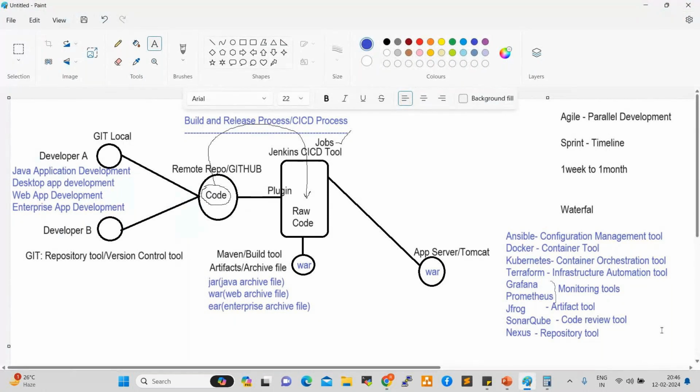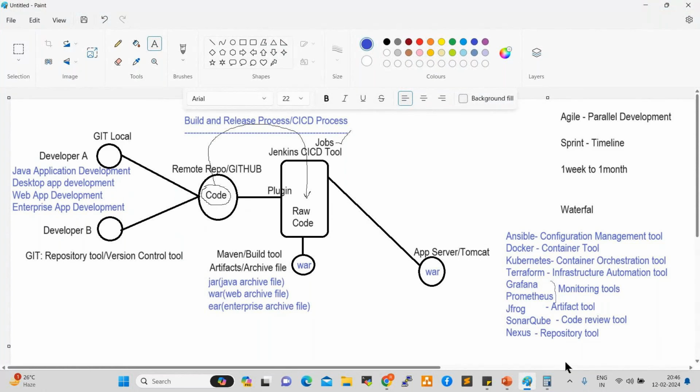How much total time will this process take? Seconds, fraction of seconds. And this continuous integration, this total process will take only seconds of time?